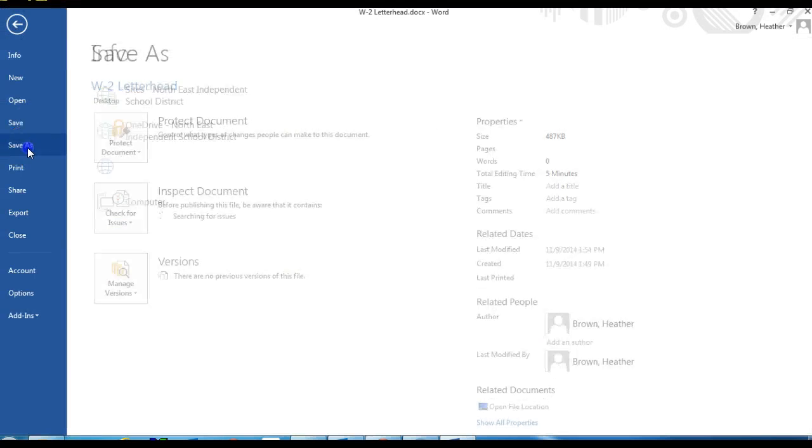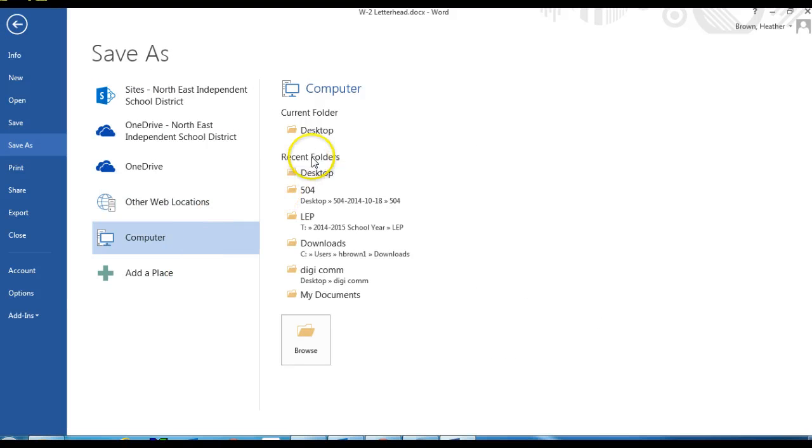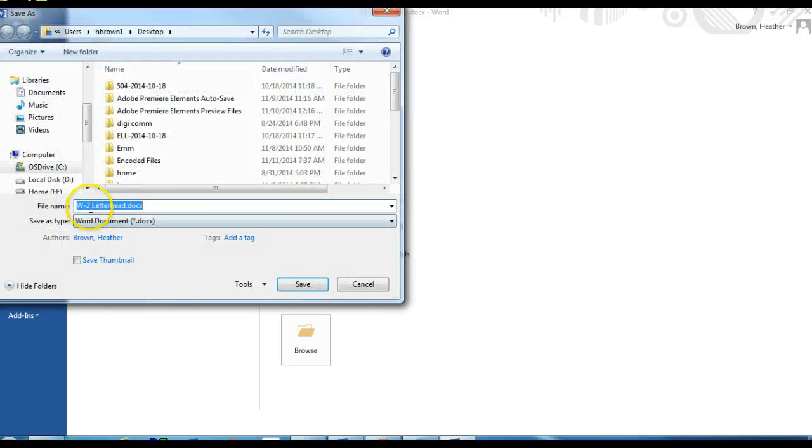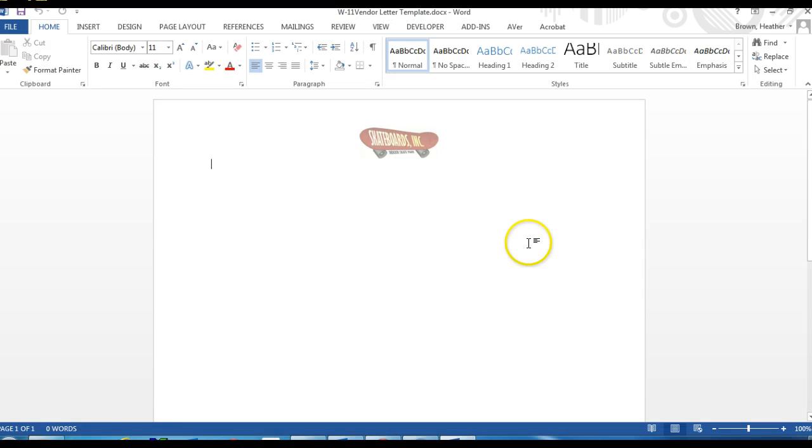So File, Save As, Desktop, change it to W-11 vendor letter template. And then save. Okay, so